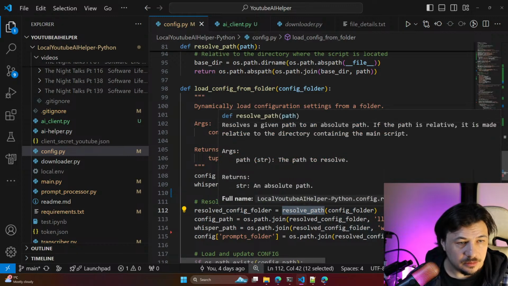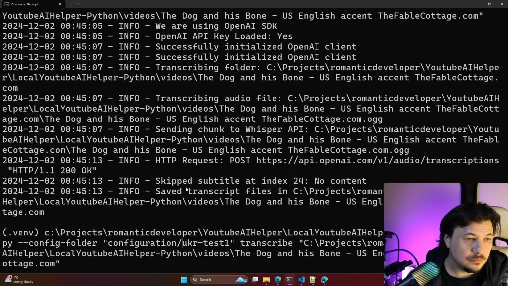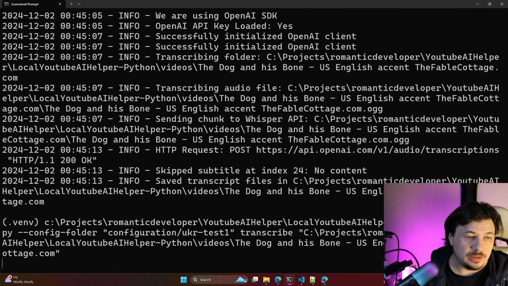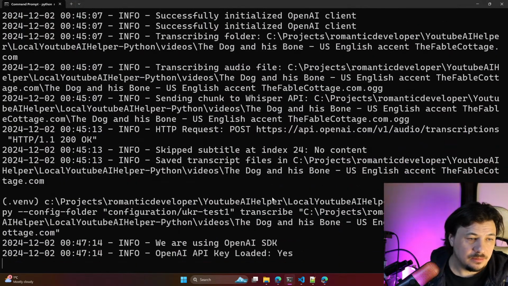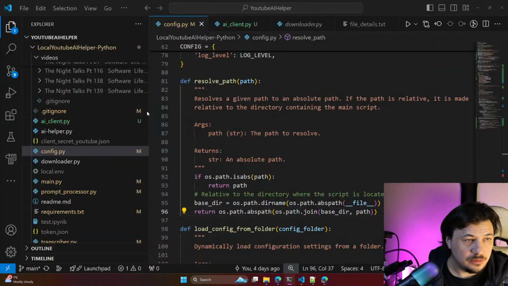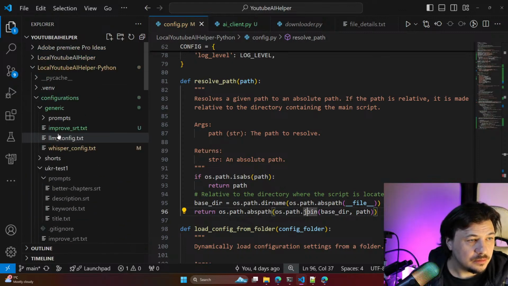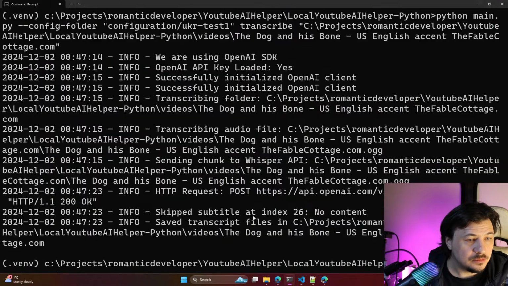Result path. OS path is the best name. File. Oh, we need configuration of this one. Okay. Configuration. I see.